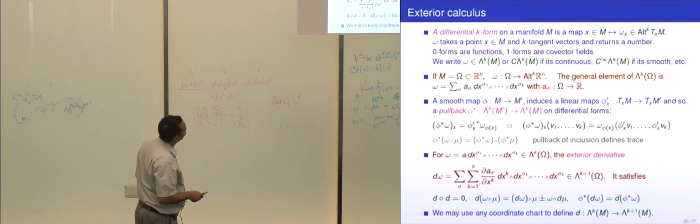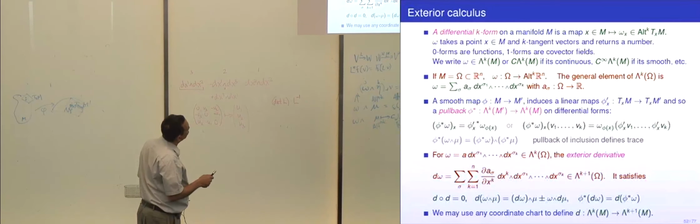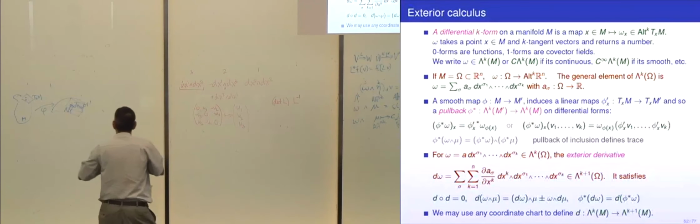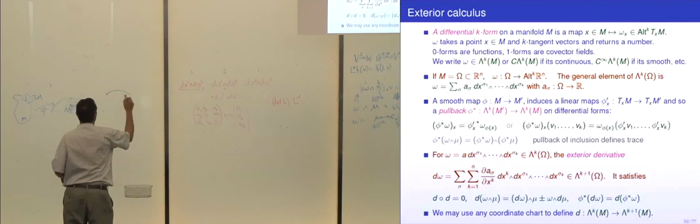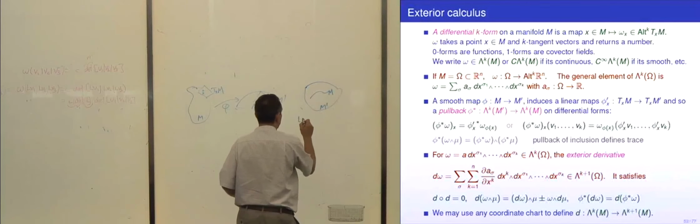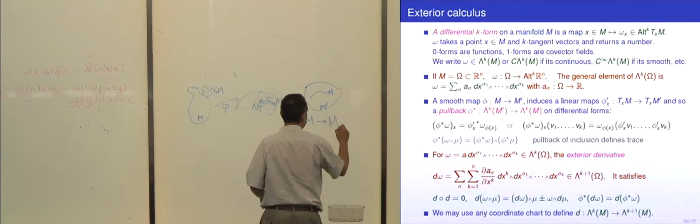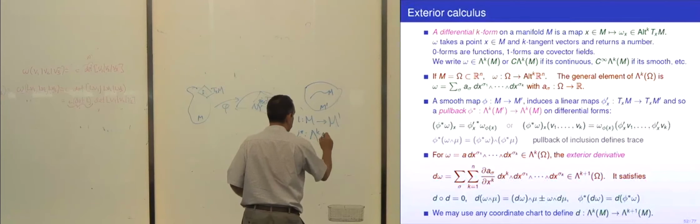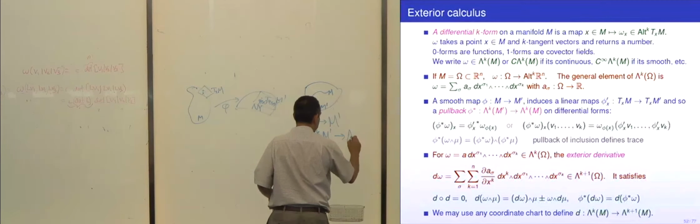And it allows you to define a trace operator if M is just a subset, maybe of lower dimension, of M prime. It might be the boundary of M prime or just some embedded submanifold or just a subdomain of M prime. Then we have a trace operator because, so here's M prime and here's M in it. And so we have the inclusion map from M to M prime. And so we can do a pullback under the inclusion of differential forms from M prime to M.